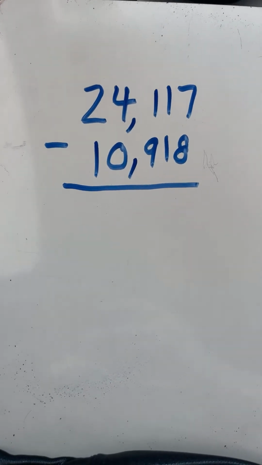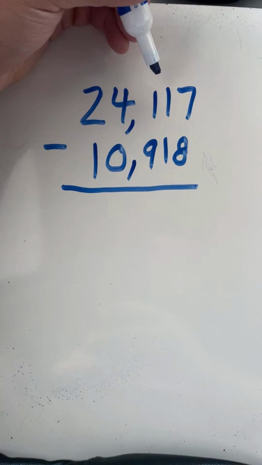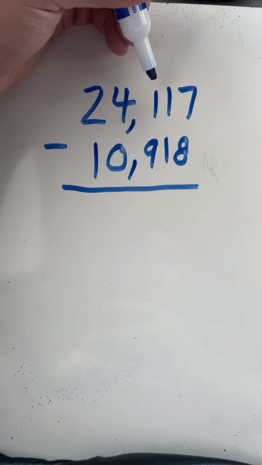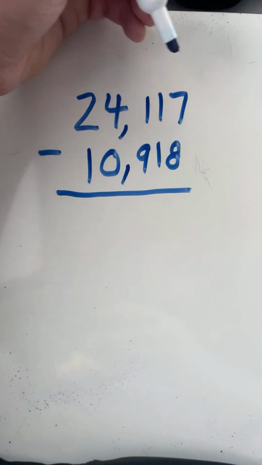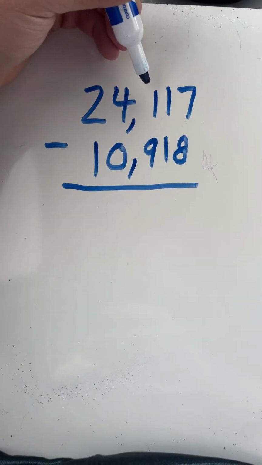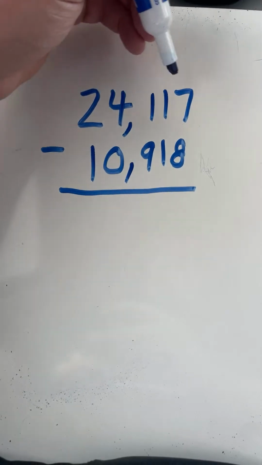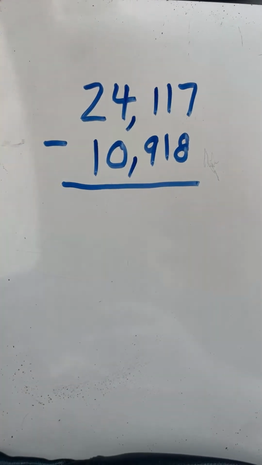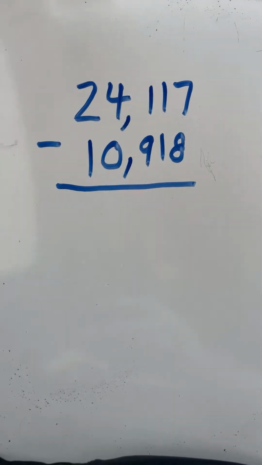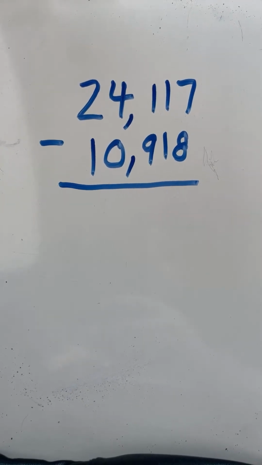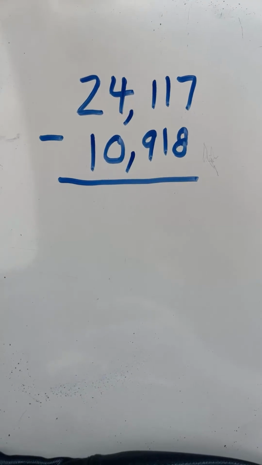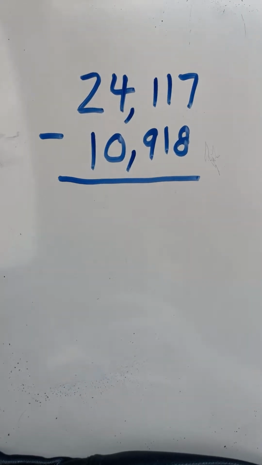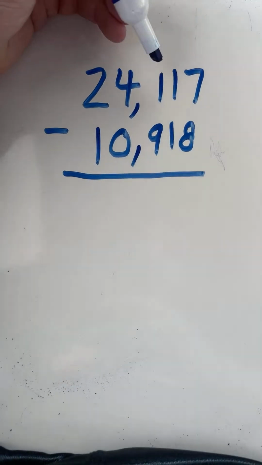So looking at this problem, we're going to need to regroup in the hundreds place, and we're going to need to regroup in the ones place. Because you cannot start out with 1 and take away 9, and you cannot start out with 7 and take away 8. Now we regroup by adding 10 to the area that needs to be regrouped, and then taking away 1 from the place to the left. So for example,